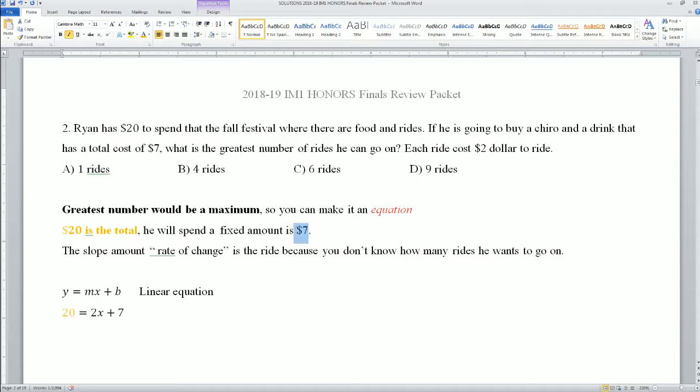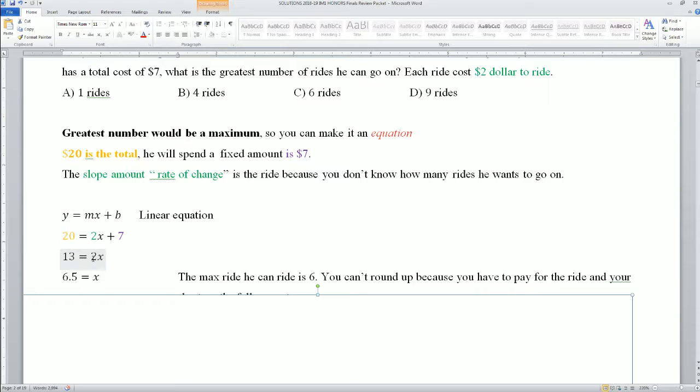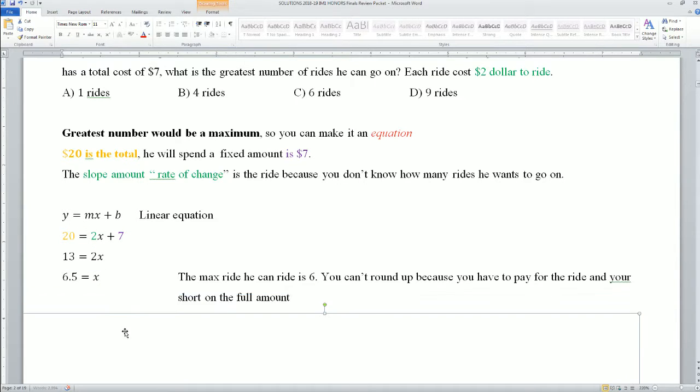He spends a fixed amount, and the fixed amount is always the y-intercept. It's the language of the linear equation, and you do not know how many rides he wants to go on, so that is going to be your slope. The slope is the rate of change. We don't really know how much it goes by, but we know that it is $2 per ride. That's why there's a 2 here. So subtract 7 to both sides, you get 13 equals to 2x. Divide by 2 to both sides, you get